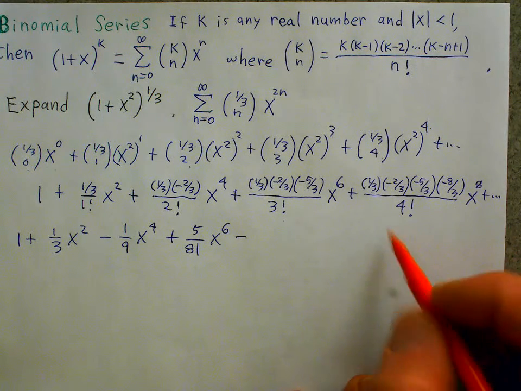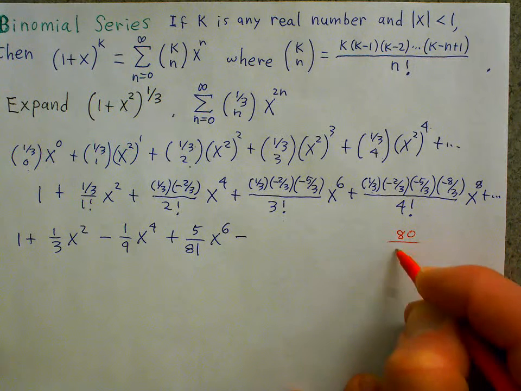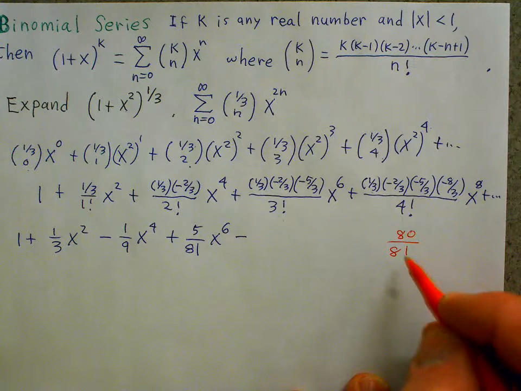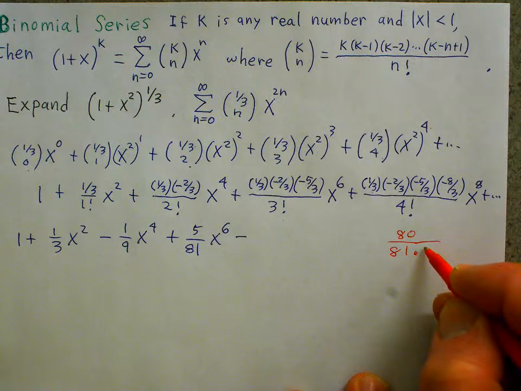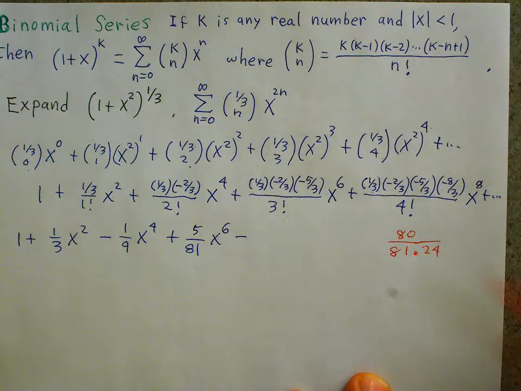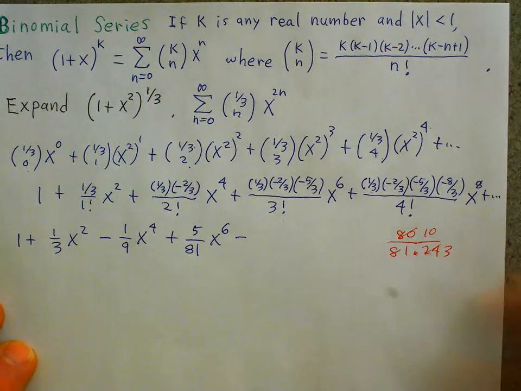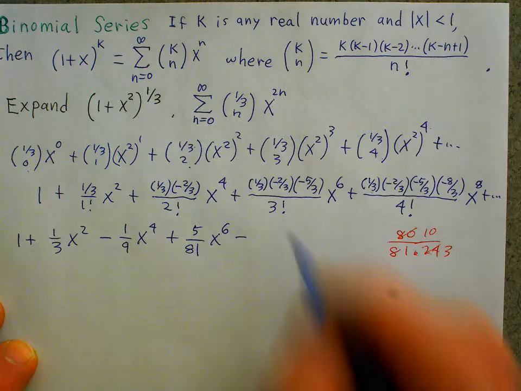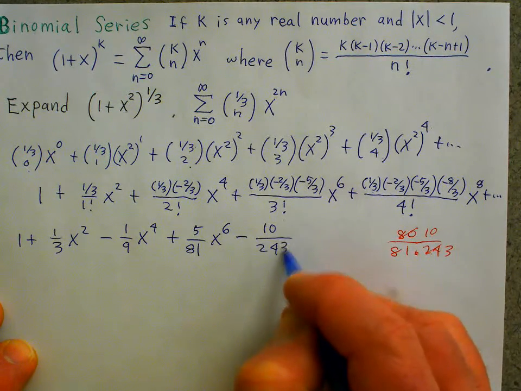So let's see. 80 over 81 divided by 4 factorial. So we're going to divide by 4 times 3 times 2 is 24. So 8 goes into 80 10 times and into 24 3 times. So it looks like we get minus 10 over 243 times x to the 8th,